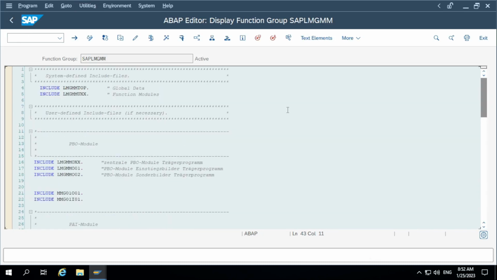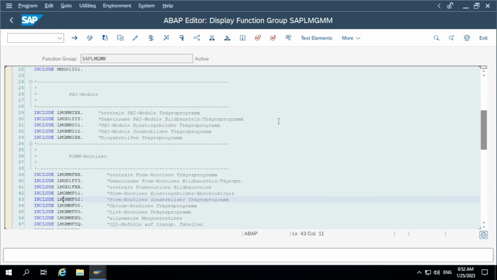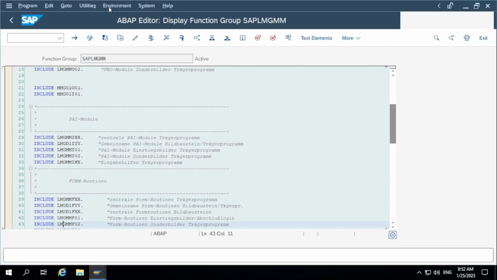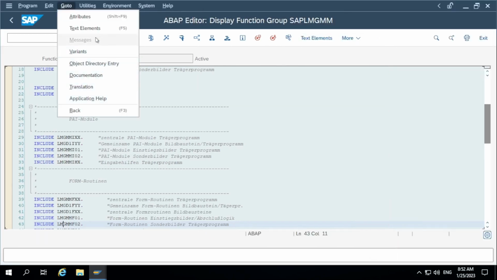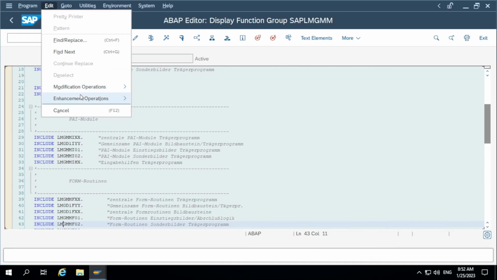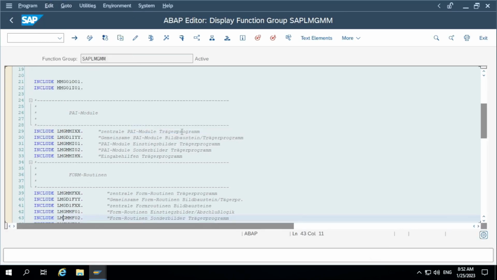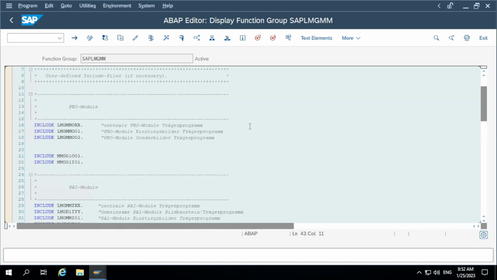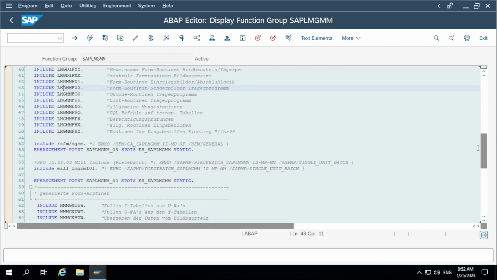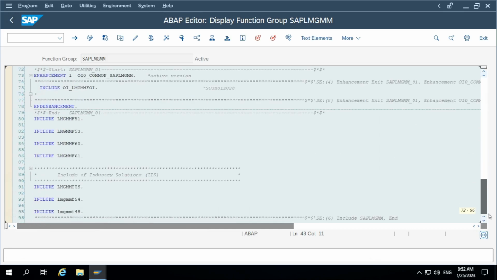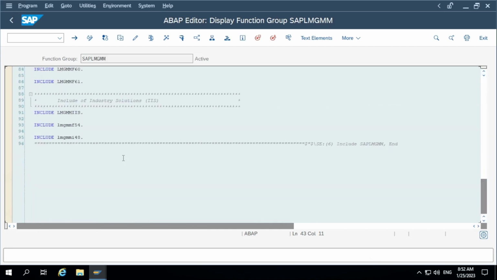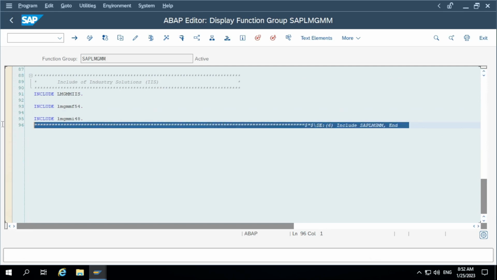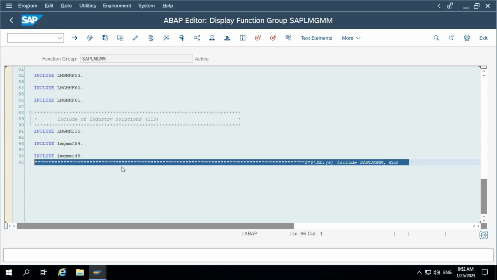But how to find the implicit enhancement option in the standard program? For example, we are in the main program. How to find? Go to, no, sorry, not go to, edit, enhancement operations, show implicit enhancement. It's not at the beginning. Let's go and find at the end. If you observe this, one option is at the end of the program, right? You can create the implementation here, and